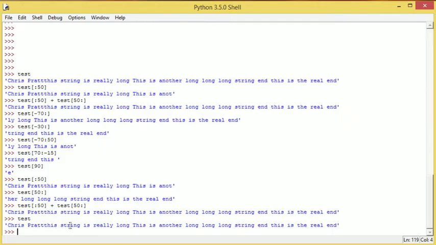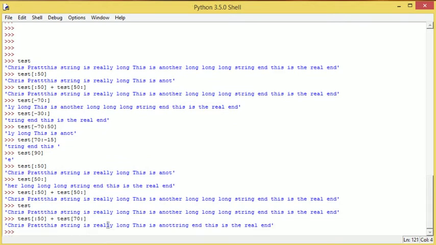Now that we know that even when we create an exclude point, if we can use concatenation to put stuff on, we then get it. So how about I do something a little different here? Actually, you know what, I'll do something pretty similar. We'll do test 50. We're going to add this to 60. No, we'll go to 70, I guess. We're just going to close that. So this string is really a